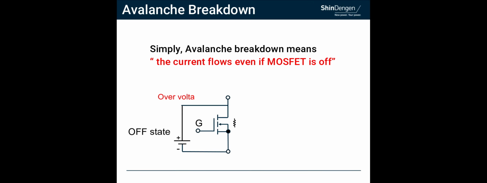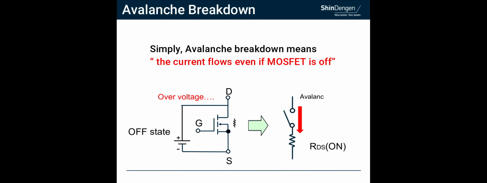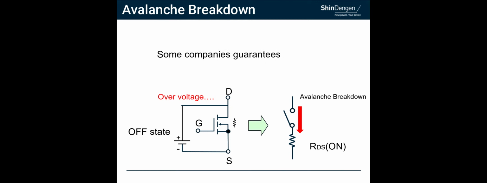If a voltage higher than the breakdown voltage is applied between drain and source, the current will flow even in the off state. This state is called avalanche breakdown. Since this is a condition that exceeds the breakdown voltage, it is preferable not to enter the avalanche state if possible. But there are some devices that guarantee avalanche breakdown under certain conditions, such as the amount of current and